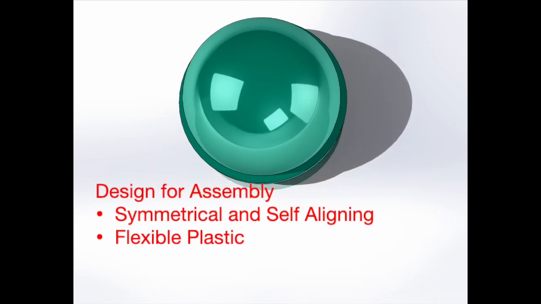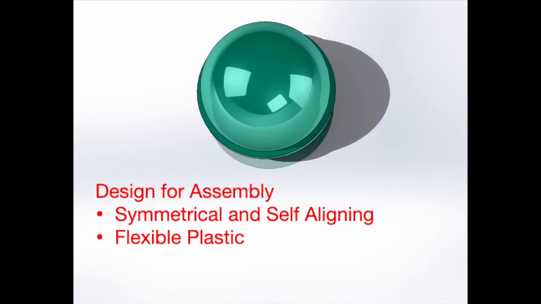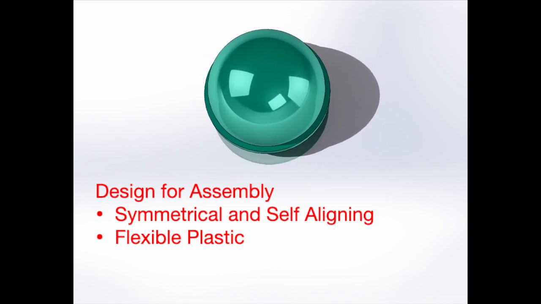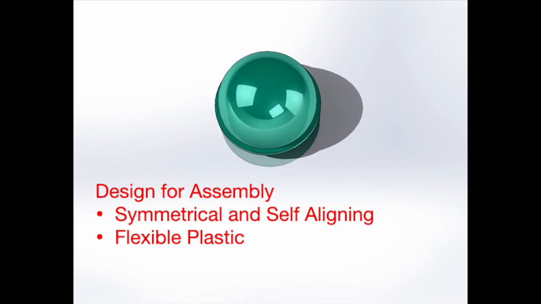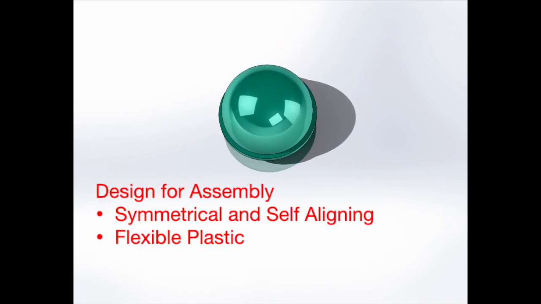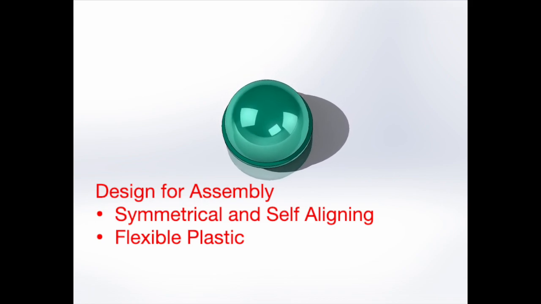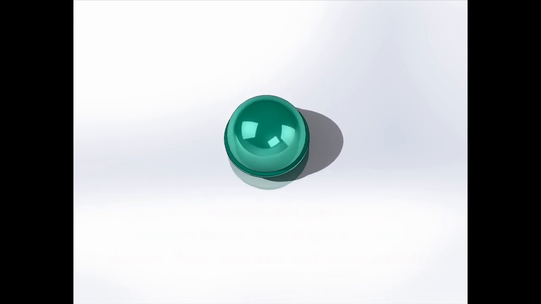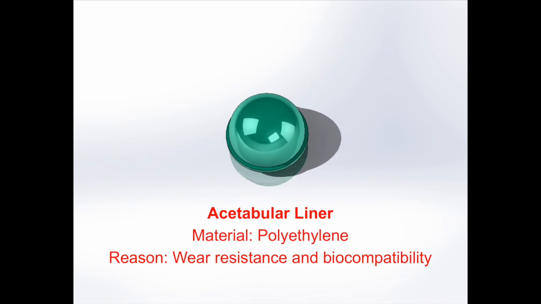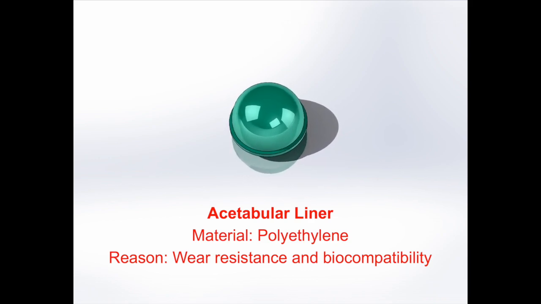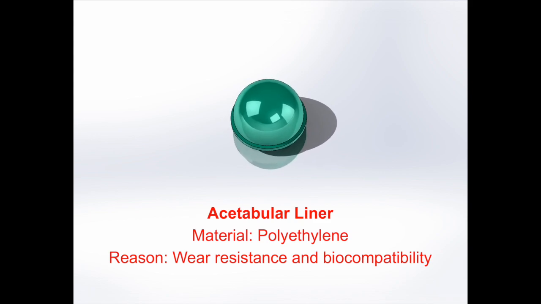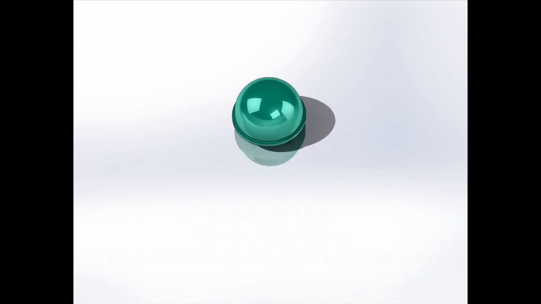The liner features a simple design for assembly, with a symmetrical design that matches the concavity of the cup so that the surgeon can easily replace and align it with minimally invasive surgery. The flexibility of the liner also means that it can be easily removed and squeezed into its pocket. The liner is made of ultra-high molecular weight polyethylene, a highly cross-linked and biocompatible polymer with a high wear resistance and low coefficient of friction. It is also radiolucent, or does not block X-rays, showing its design for ease in future medical procedures.